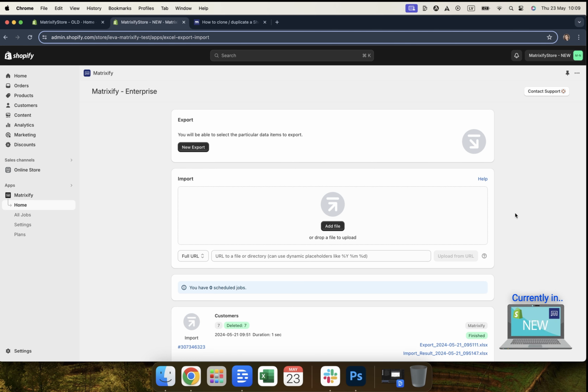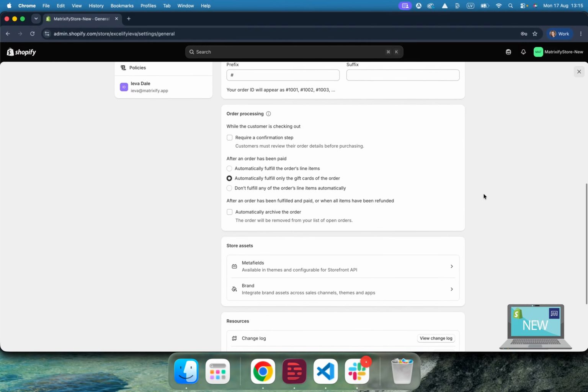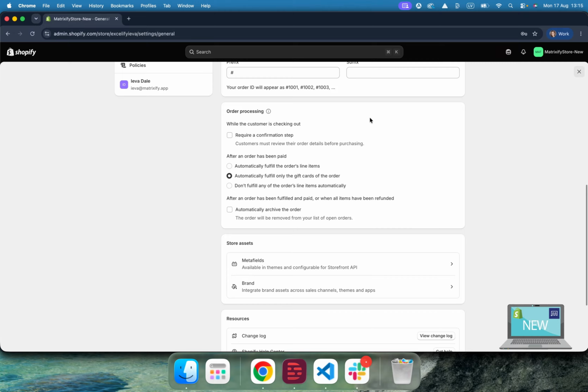We need to start in the store that we'd be importing into or migrating to, which in my case would be the Matrixify store new. And in this store, you would then need to head to your settings. Once in your shop settings, in the general section, scroll down to order processing. And here in the order processing section, you must make sure that don't fulfill any of the orders line items